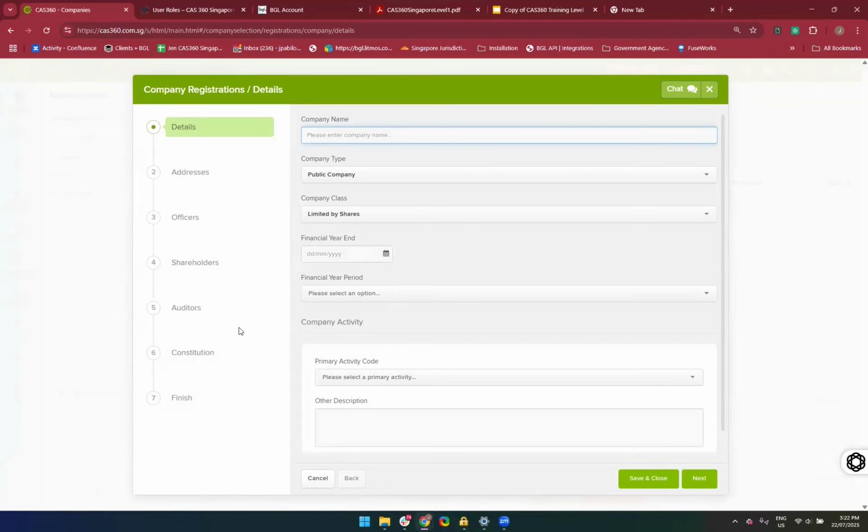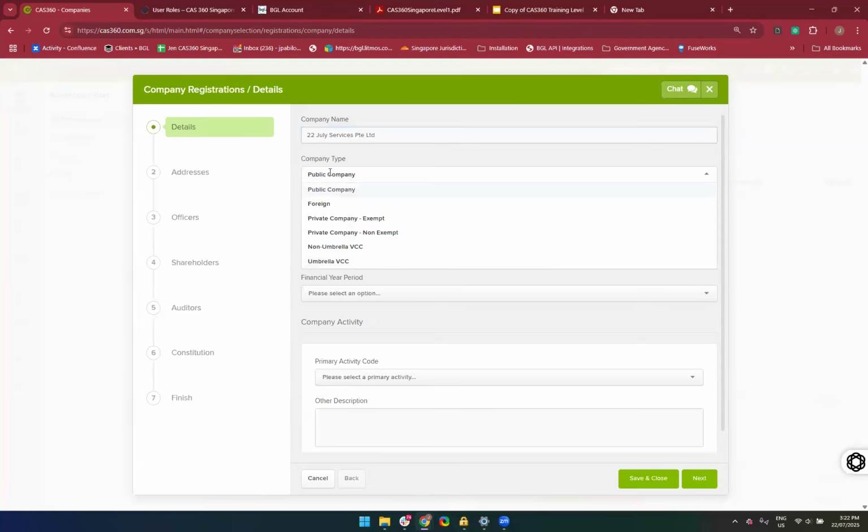So here we're going to go through an exercise of doing a company registration for a new company. So I'm typing in, let's say, 20 July services, private limited, and I can fill up the necessary information. So you can see over here the type of company type. You can put it private exempted, limited by shares, or not exempted, and the financial year end date. So I can just put in my financial year end date will be, let's say,